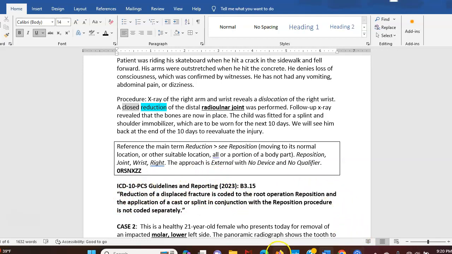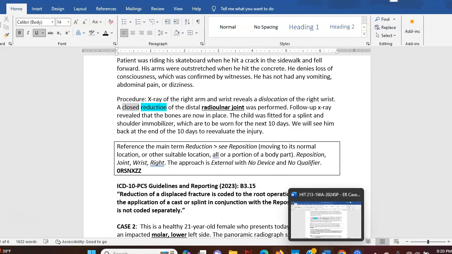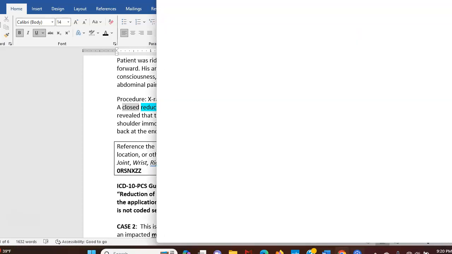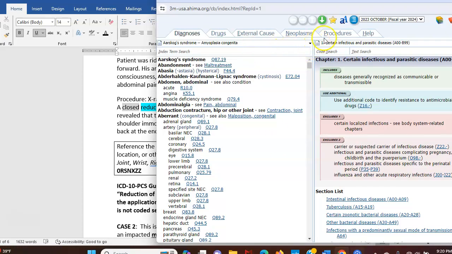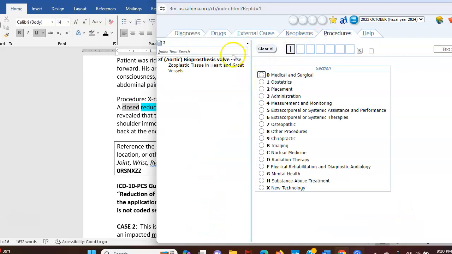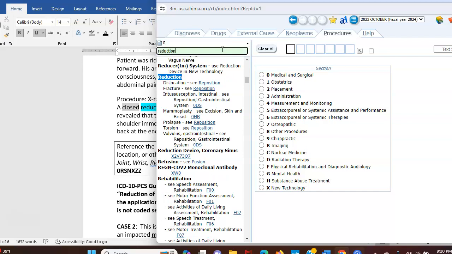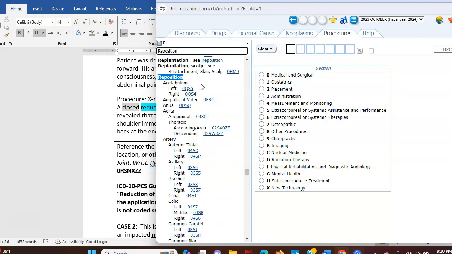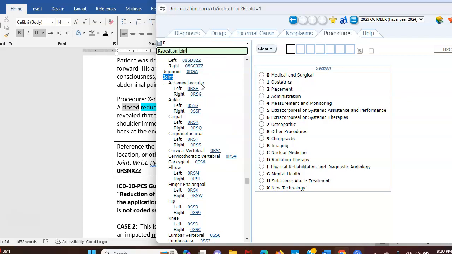So let's go ahead and look at ICD-10-PCS, if I can find it. Right here. So we're going to go to the procedures tab and we're going to search reduction first and see what that leads us to. So right here you can see dislocation. We select reposition, comma, like we said, joint,